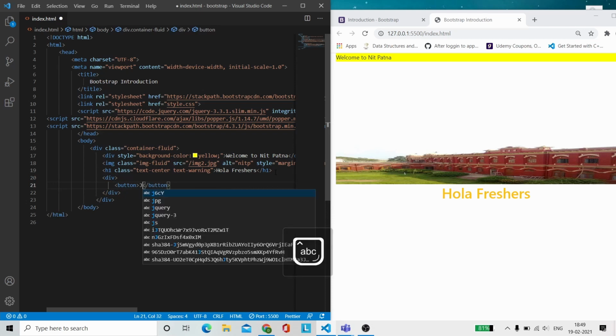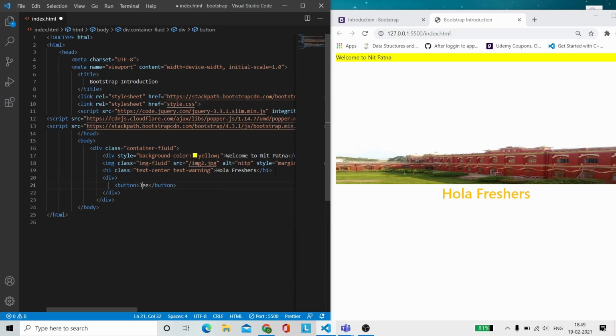like you have different options. For implementing any button, any class which is related to a button, you have to include this class name which is btn, and then we have different options, like you can include btn dash, as I told you, it can be warning, can be success, depending on the color which we wish.